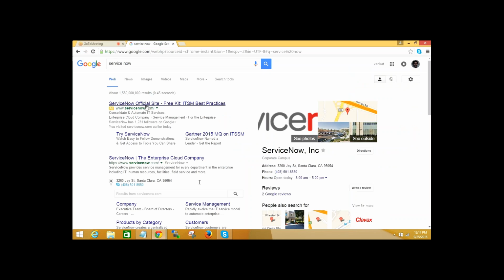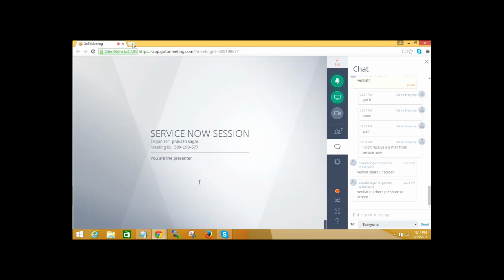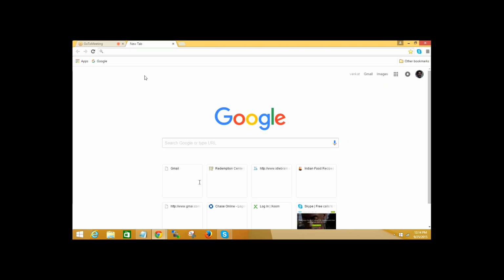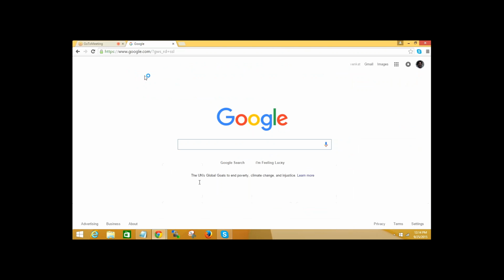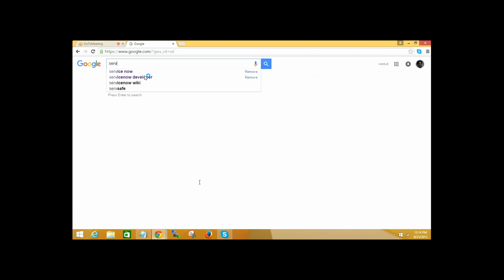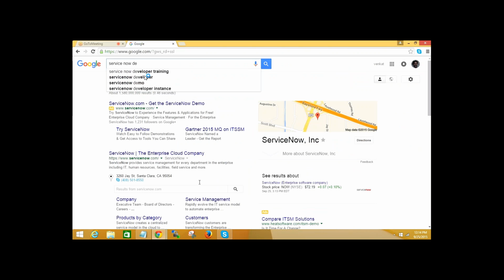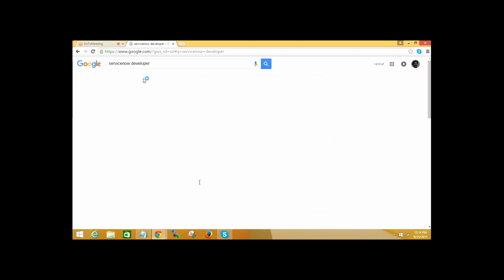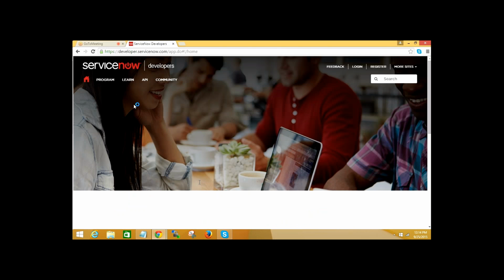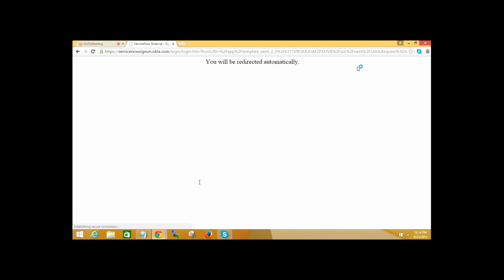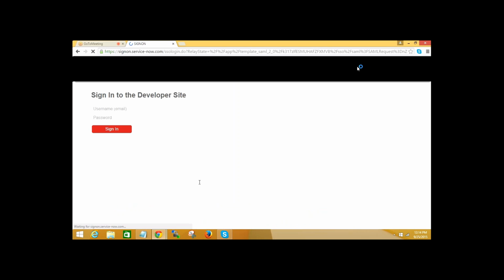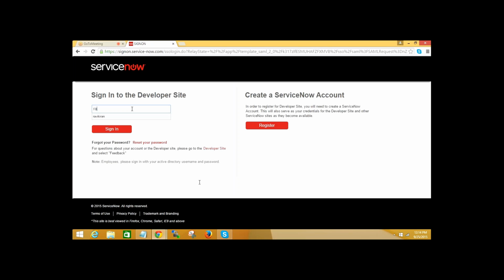So type ServiceNow developer, not this one, just type ServiceNow developer in the Google. Okay, yeah, open the first link. Yeah, now click on register.